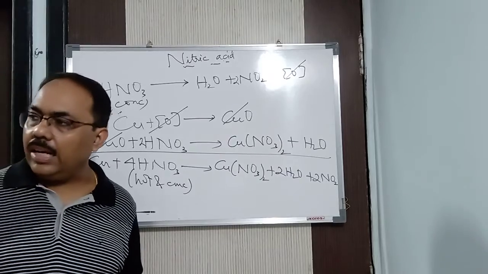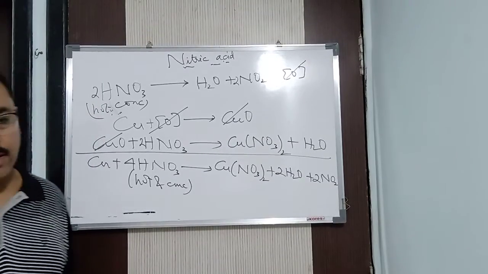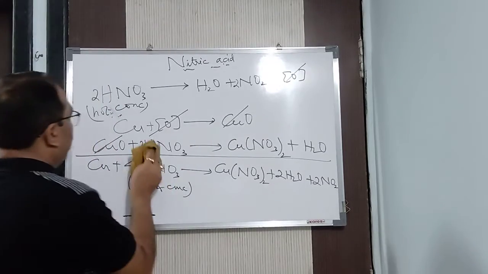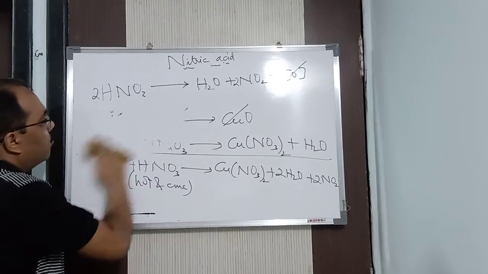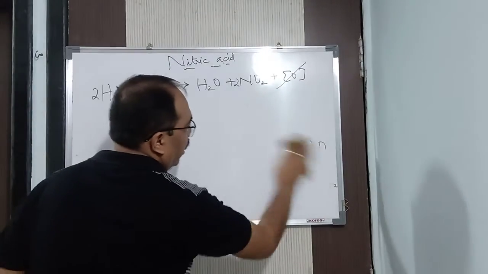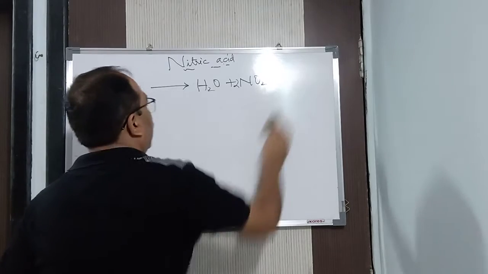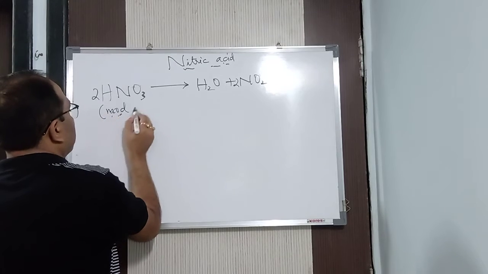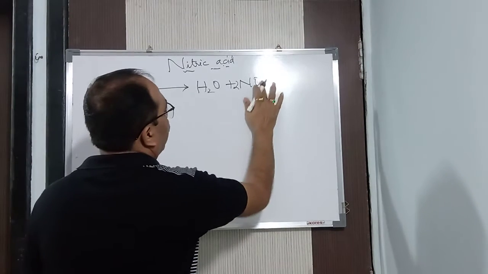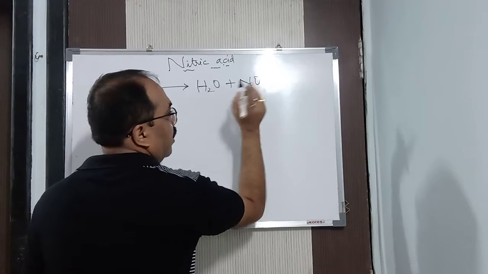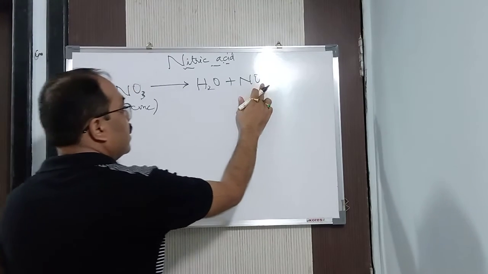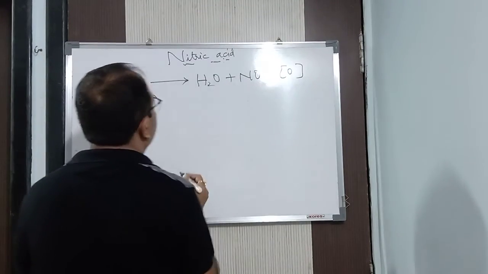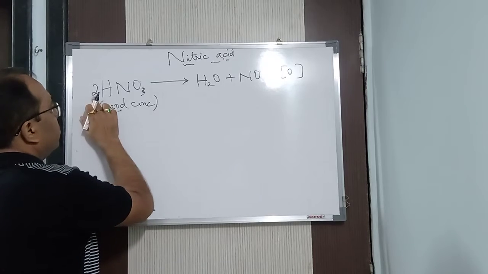Suppose if I take moderately concentrated nitric acid, then what am I going to get? Instead of nitrogen dioxide, see, I am rubbing this one and making it moderately concentrated, which means partially concentrated, not completely concentrated. So in that case I am getting nitric oxide, not nitrogen dioxide, remember it. With hot and concentrated I am getting nitrogen dioxide, but with moderately concentrated I am getting nitric oxide and nascent oxygen. So again to balance it, I will put 2 as I put it here.